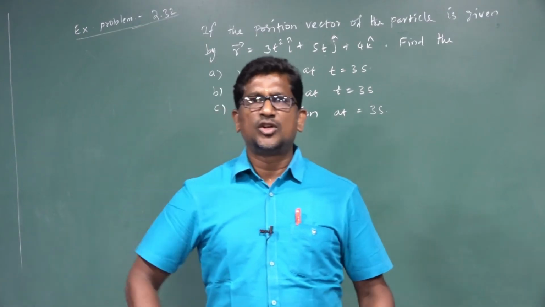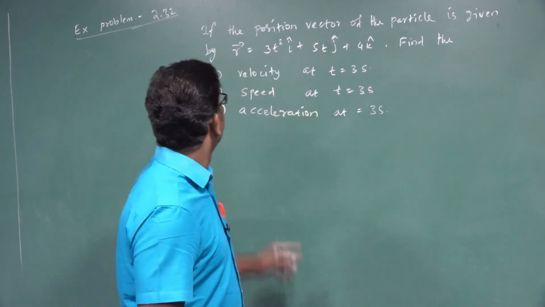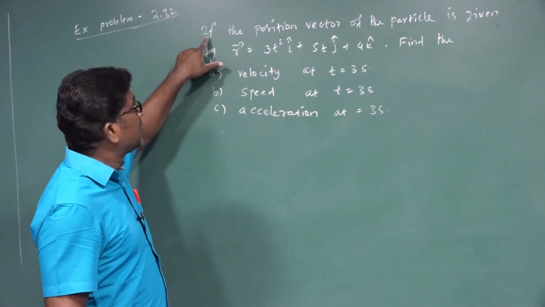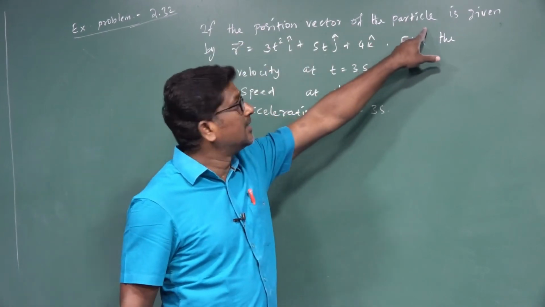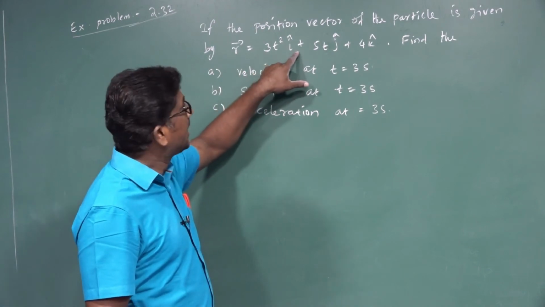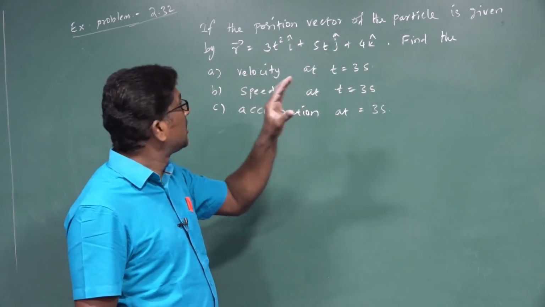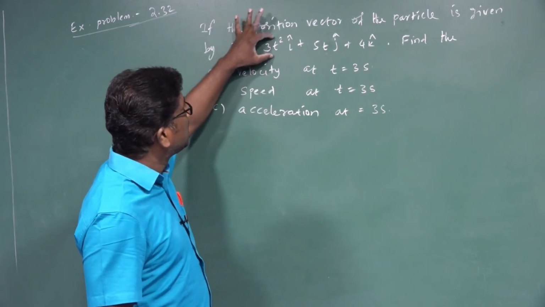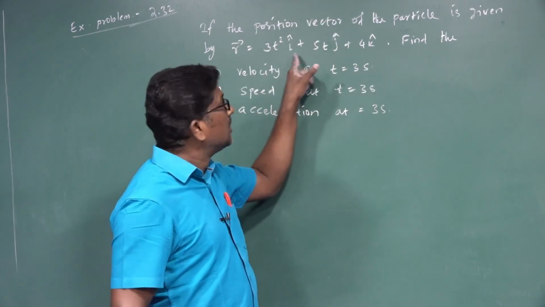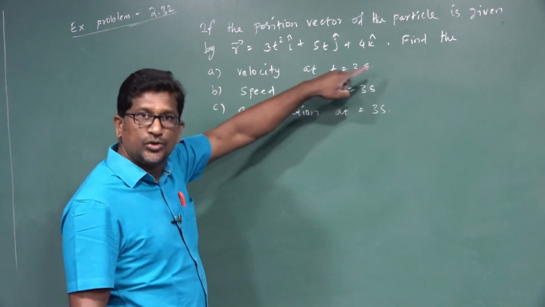Right. Based on the topics we have discussed so far, some problems are there. First problem, example problem 2.32. Question is, if the position vector of the particle is given by r vector equal to 3t square i cap plus 5t j cap plus 4k cap. The position vector of the particle is only given. From this, we need to find out the velocity of the particle at t equal to 3 seconds